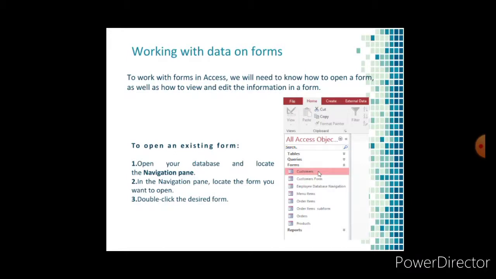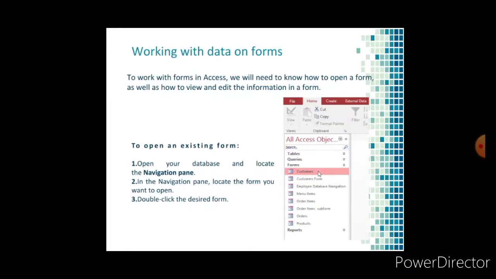Now, working with data on forms. In Access, working with forms, we'll need to know how to open a form as well as how to view and edit the information in your forms. To open an existing form, open your database and locate the navigation pane.